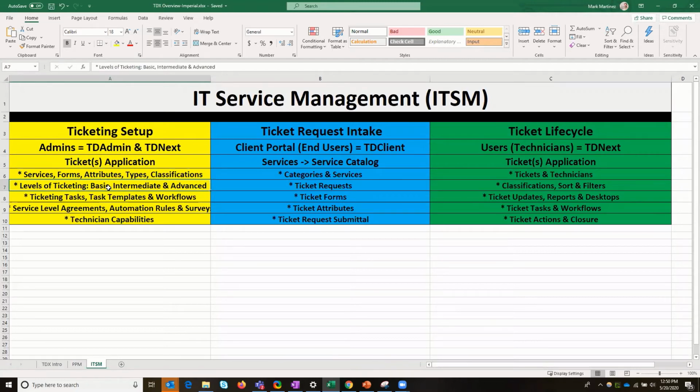We'll be talking about different levels of ticketing: basic, intermediate, and advanced. And those kind of map to ticket tasks, task templates, and workflows. And then some advanced ticketing items are things like service level agreements, automation rules, surveys, and then all of the technician capabilities. So with that set up, then we'll talk about the ticket request intake process, which is going to be leveraging your client portal,